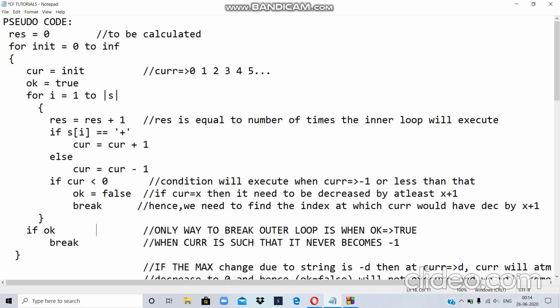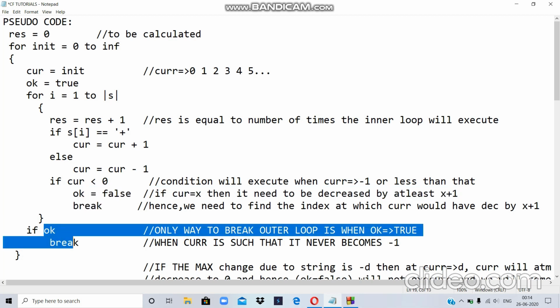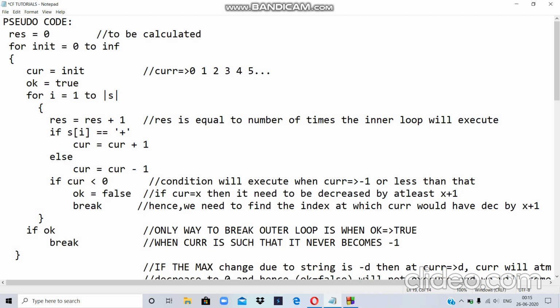And for OK to remain true, we need this statement to not get executed. If this statement doesn't get executed, then OK remains true, and over here we will break out of the loop. As I said, the only way to break out of the loop is when OK is equal to true. And when will OK become true? When current is such that it never becomes -1.